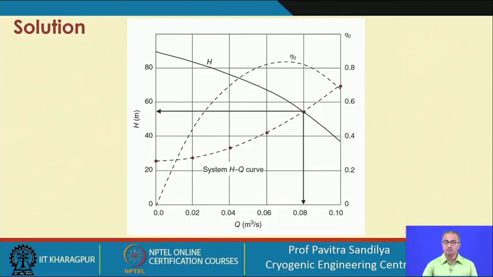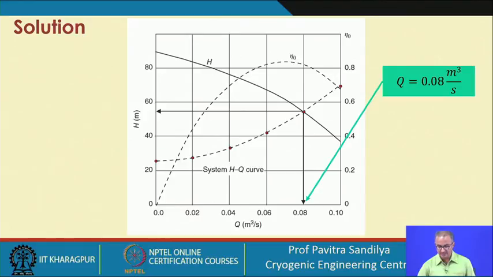Now, we want to know that under this new condition, if we are not given the friction factor, how the pump will behave. Now, we have generated the HQ curve from this, and these are supplied by the manufacturer. Again, we look at the point of intersection, and in this case it is coming to 0.08. That means there is a slight increase in the flow rate in the pump, and correspondingly we find that the head has decreased from 56 meter to 53 meter, and the flow rate has increased from 0.077 cubic meter per second to 0.08 cubic meter per second.